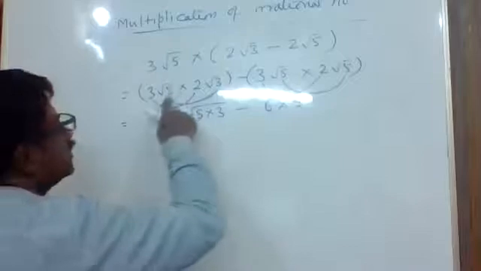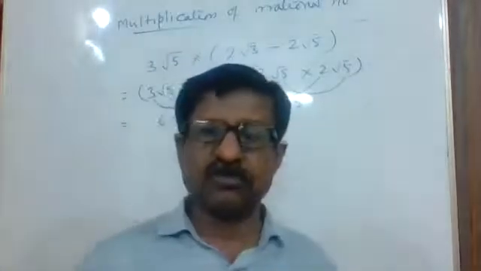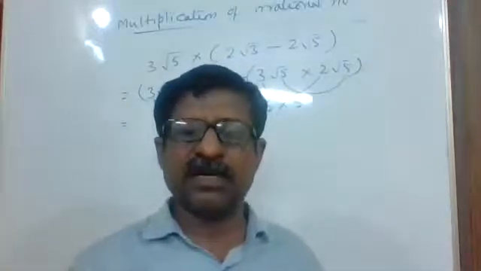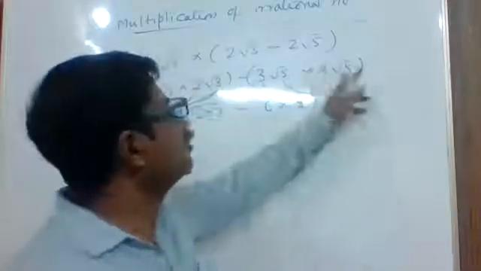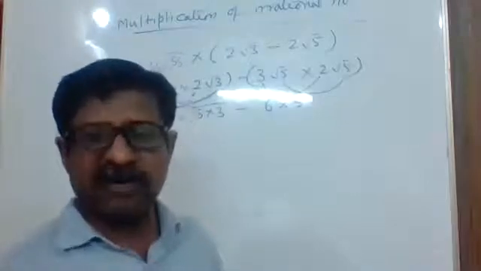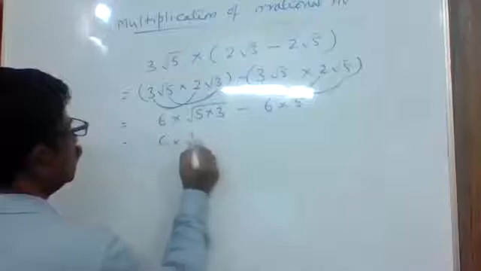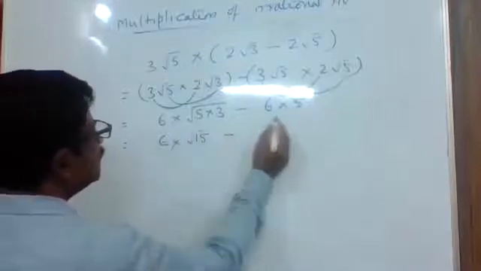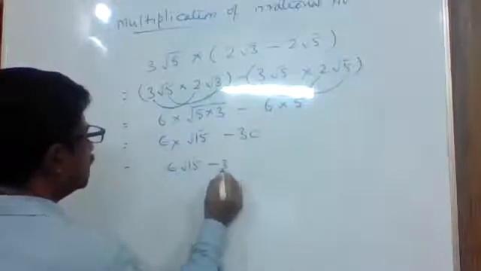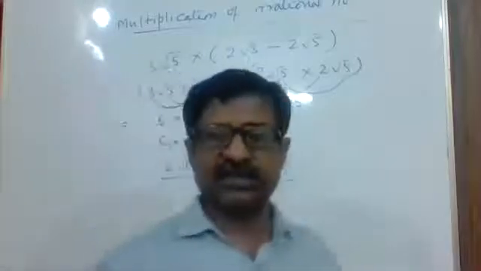Here we cannot do that because here it is root 5 as well as root 3, the numbers were different. One was root 5, the other was root 3. Therefore, in this case, we cannot remove the radical sign. Here we can remove the radical sign because root 5 and root 5 have been multiplied together and we have got 5. This is 6 into root 15 minus 6 5s are 30. That is 6 root 15 minus 30. That's the answer. That's the multiplication of these numbers.